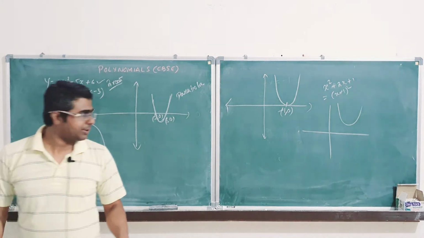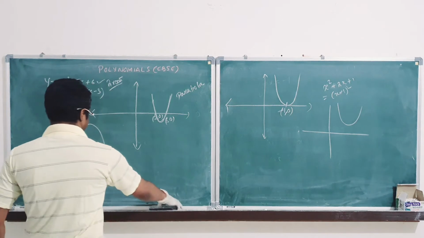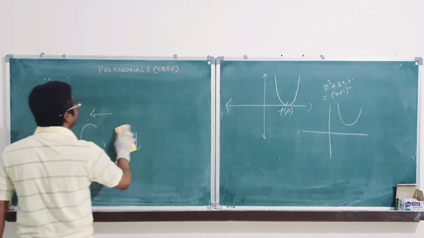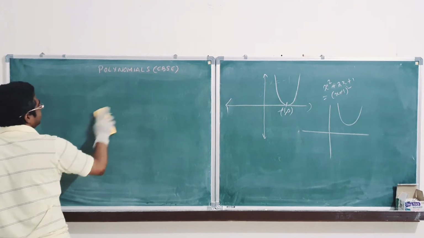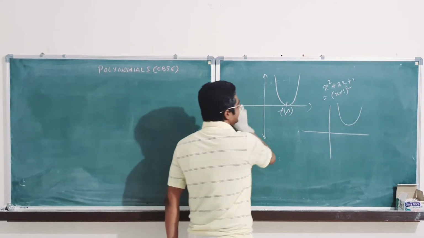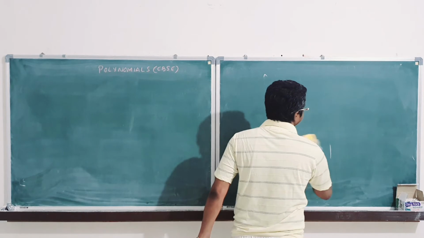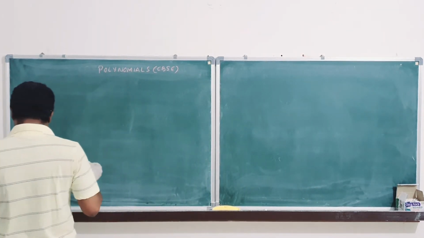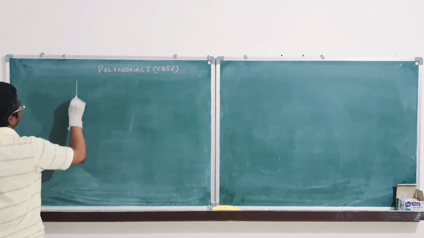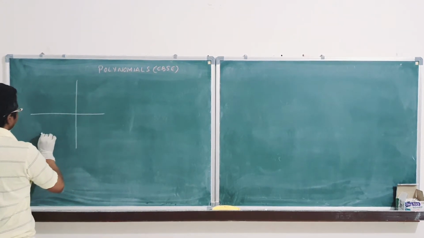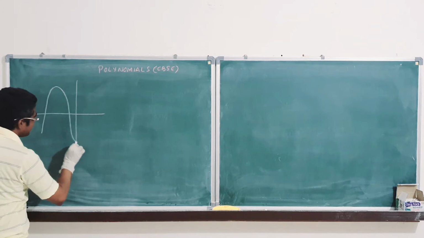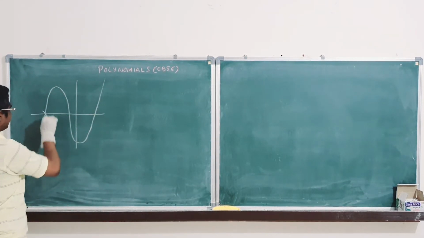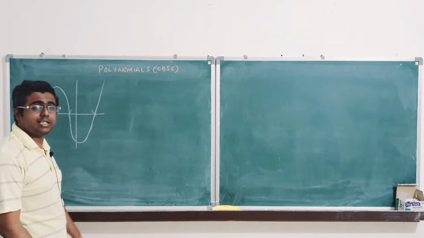Now we will draw some curves for a cubic polynomial. So if you see a parabola, that means it's a quadratic polynomial. Okay? Now see, if we draw a cubic polynomial, then it will be like this. 1 time, 2 times, 3 times. This is a cubic polynomial. 3 zeros. 1 zero, 2 zero, 3 zero. Okay? 3 zeros are possible.